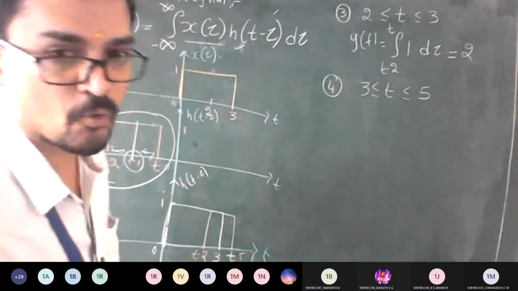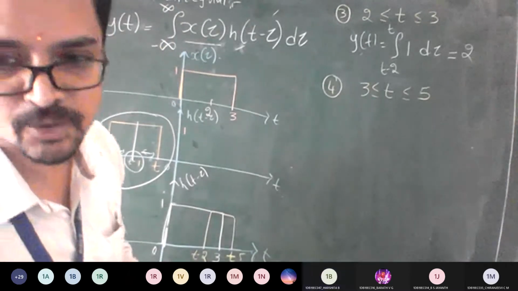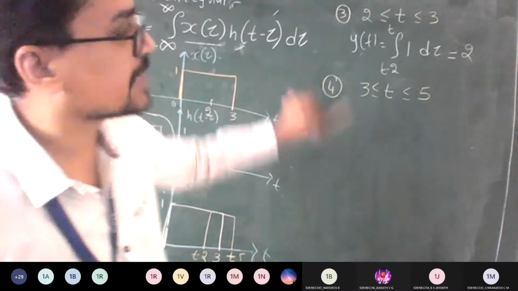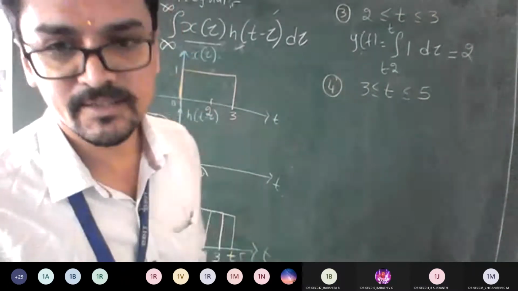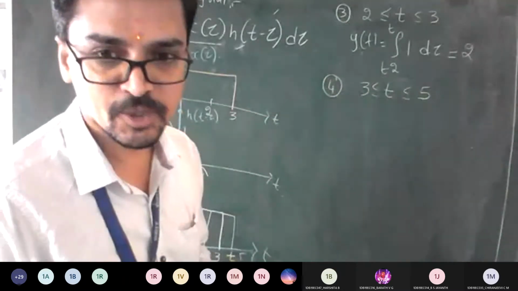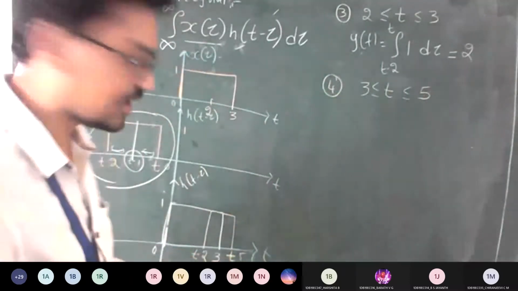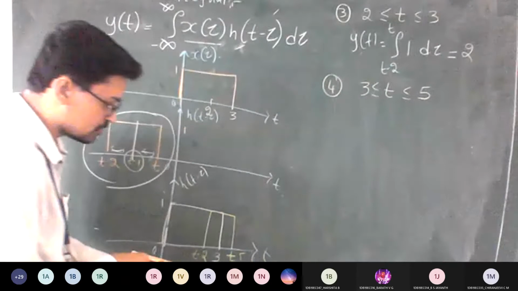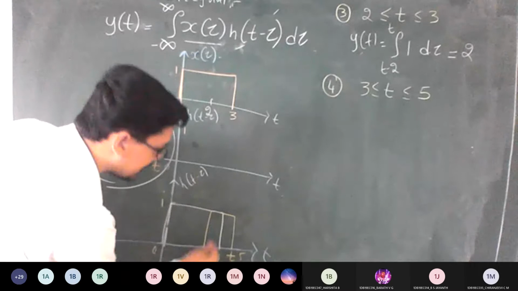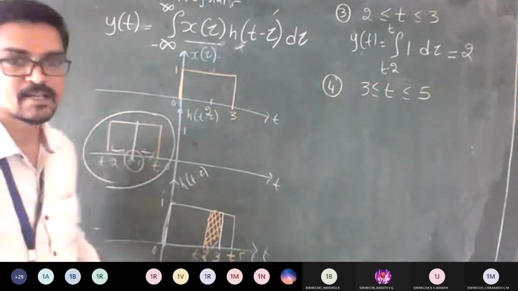Now check where exactly the convolution is happening. Convolution is happening between t minus 2 and 3. We feel that for case 3 only it is going to end, agree? But that is not the true condition. That is why I told you to check till the maximum end. If you go till the maximum end, you'll get one more case where I can get my answer. Look here. If I place my t between 3 and 5, then t minus 2 ends here. You can see this much portion is going to overlap.